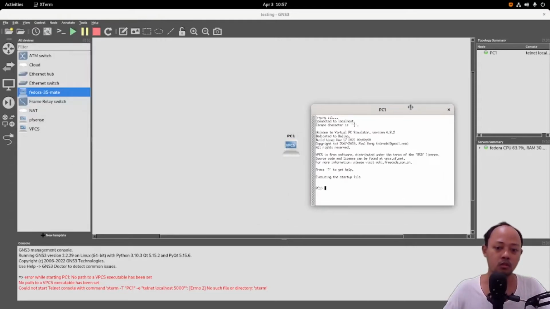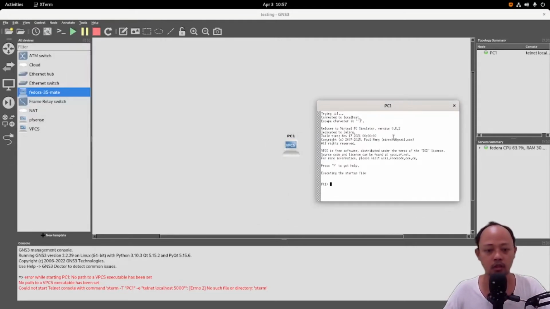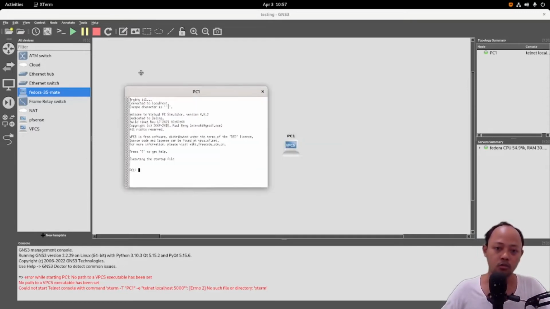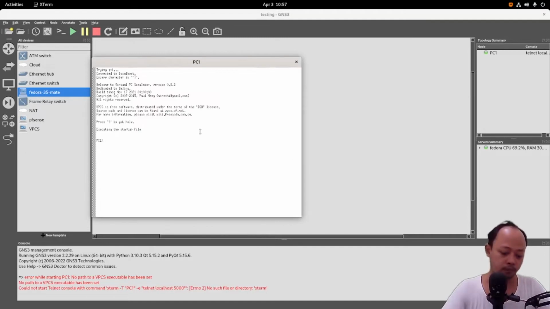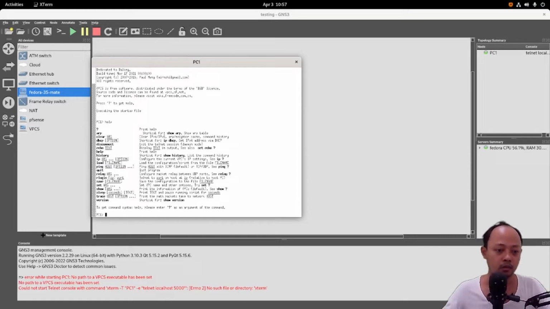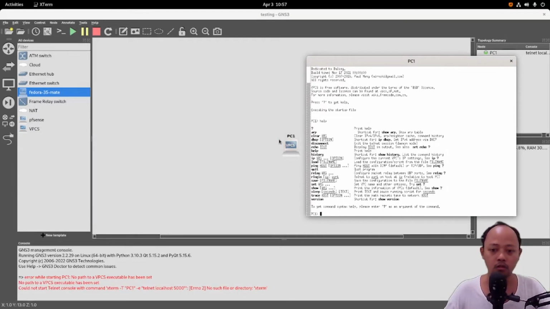So this is the VPCS console. We can do some commands from this console. Just type help, and there are some commands that we can use. For example, I want to check the IP of this VPCS.